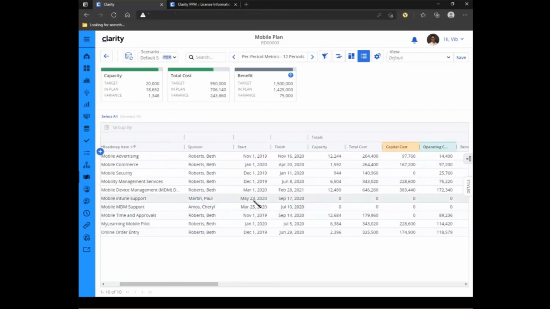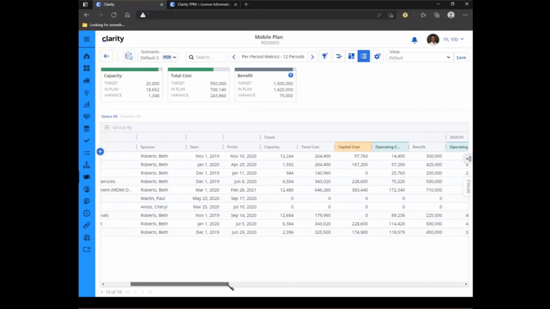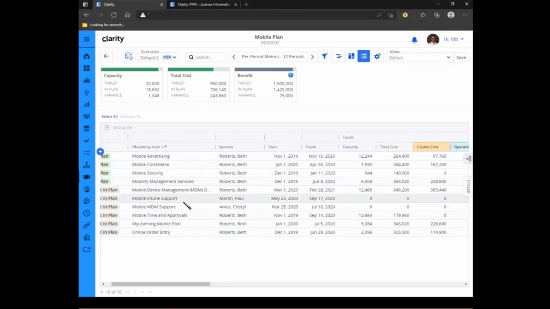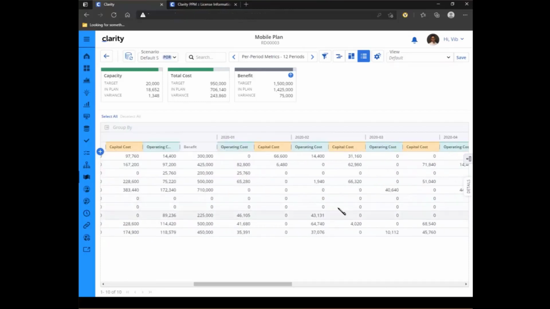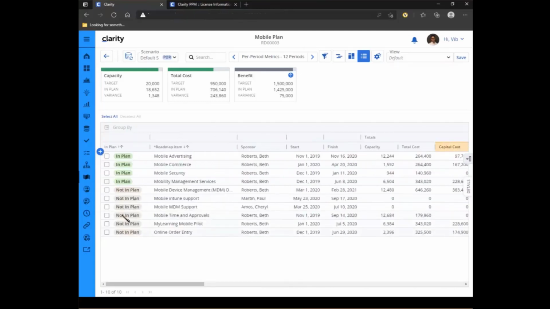The Intune is running from May to September, while the mobile is running from March to July. I know that both of these, the cost is going to be 100,000, and I can go and break that 100,000 manually calculating for my individual time period, or I could now just select these two, click on my edit button,